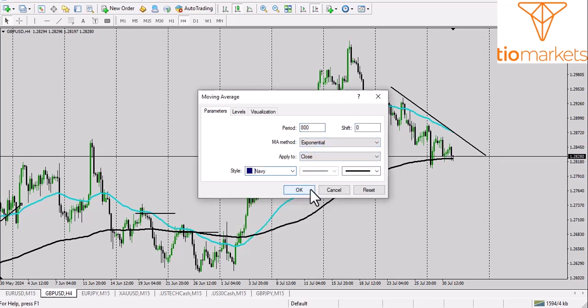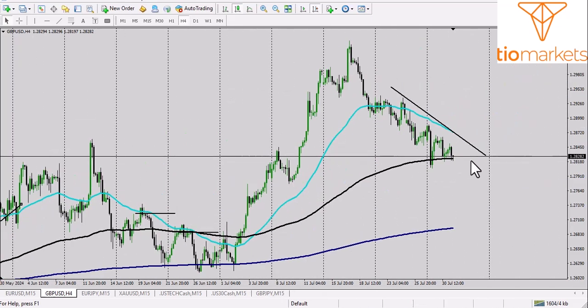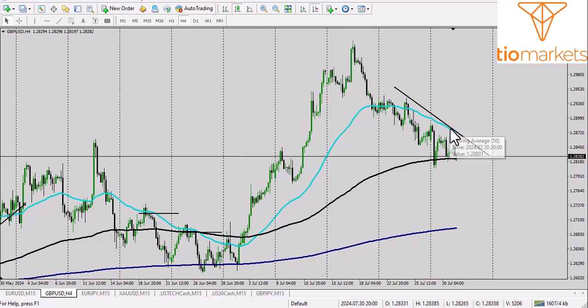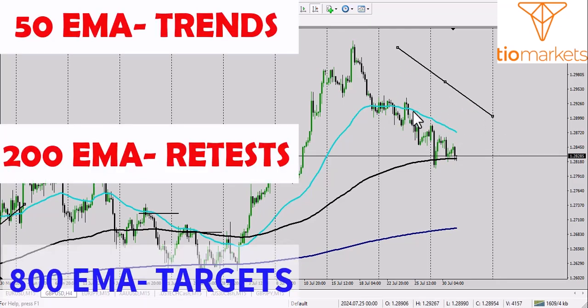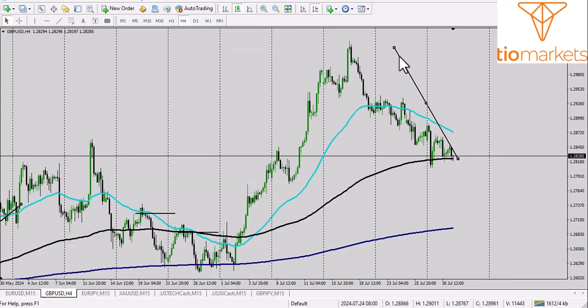Let's just put blue here. Okay, so this 800 EMA is the best for targets. Remember, we're saying the 50 is the best for trend identification, right? Then after identifying trend, we are saying this is the best for retest. So if price retests from this moving average there and goes up here, then it goes up because it would have retested. But if by any means it breaks this moving average, this 200, if it breaks the 200,